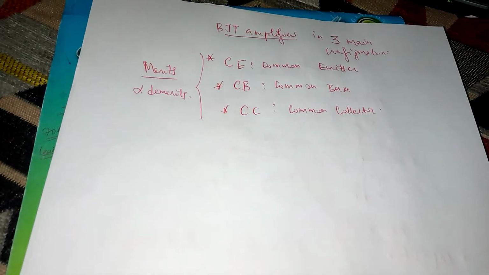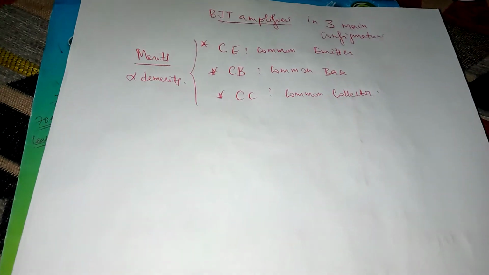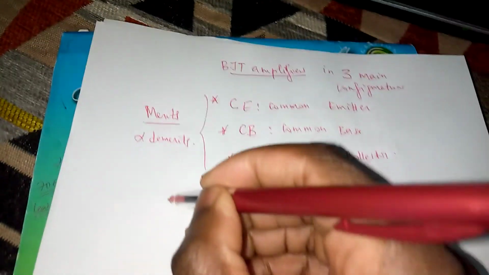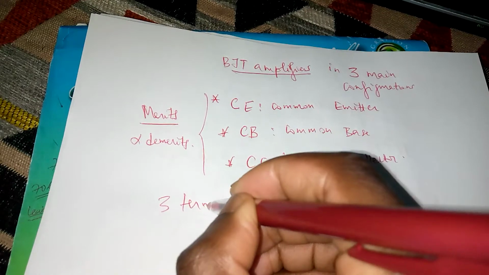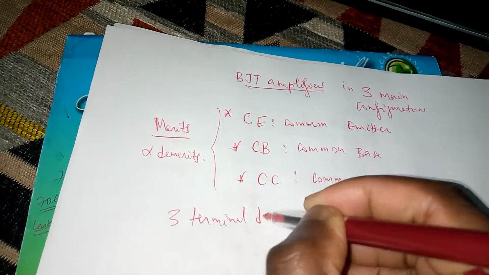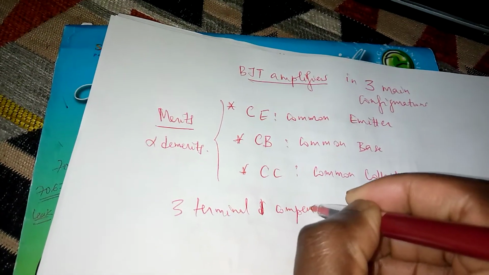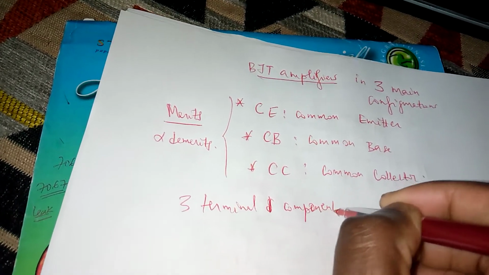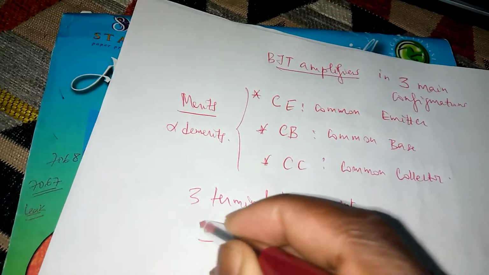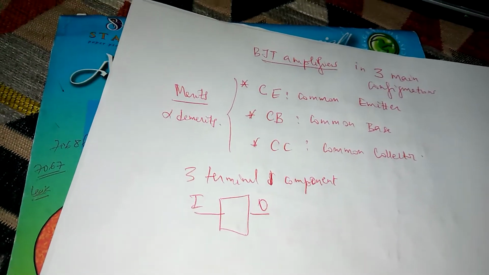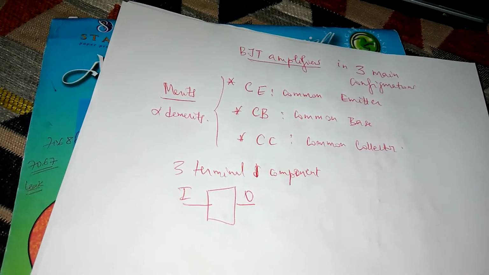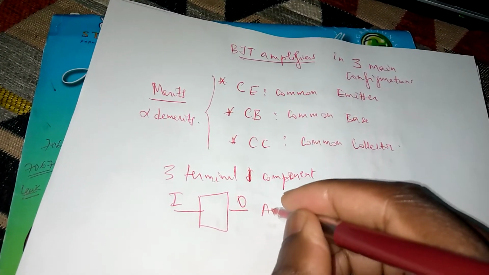Each of these configurations has their own merits and demerits, as we'll notice. But what does it mean: common emitter, common base, common collector? Let's start there. So remember, a transistor is a three-terminal device or component, but an amplifier is a two-terminal component. There must be an input, there must be an output. That's it. So now, when you use a three-terminal component as an amplifier, which is a two-terminal